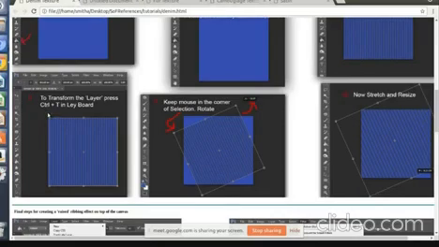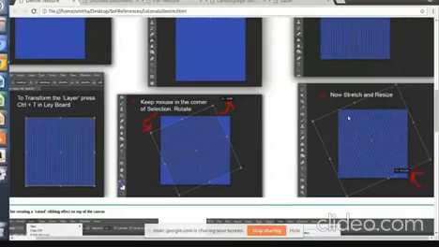So keep it in the corner and then rotate the canvas. I am rotating like this, and I've made the canvas diagonal. But the canvas is not covering the background layer completely, right? So you have to use this transform option and keep your cursor on these nodes, and stretch it to totally cover this first layer, which has the background blue color, with the stripe pattern.